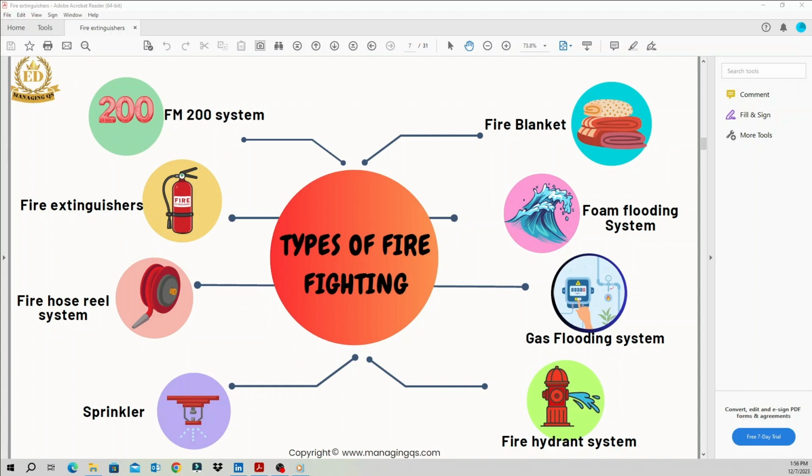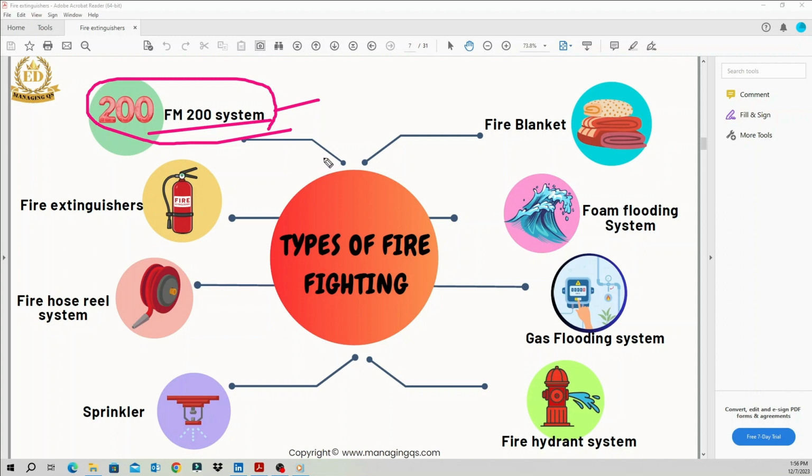Right. So here are the 8 main topics. The first one is the FM200 system. In this system, normally we are talking about firefighting. So the FM200 system helps to